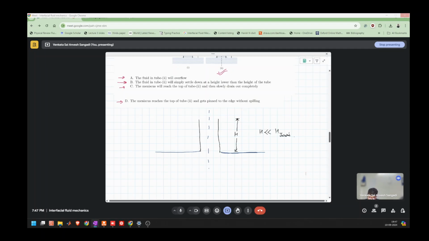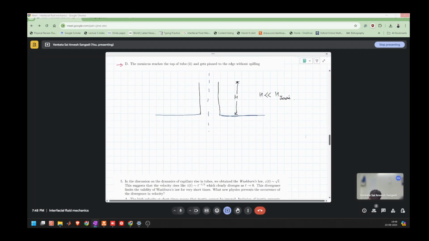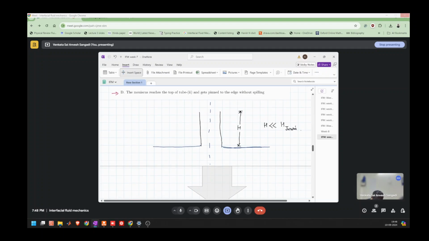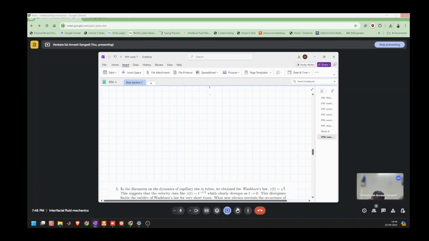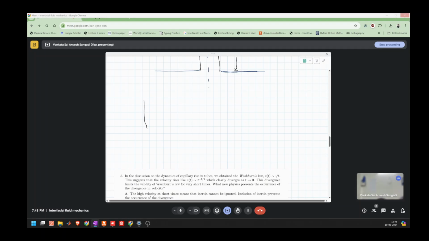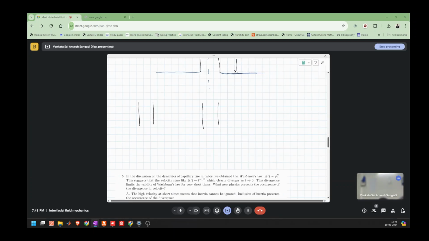So when such a case happens, in such a case, fluid will rise to the top,